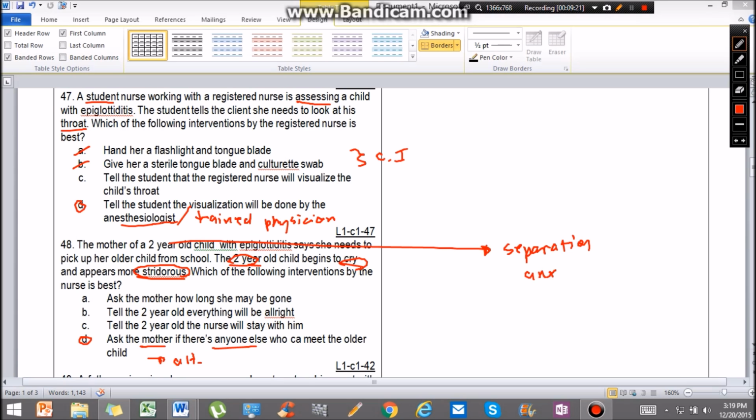But the most appropriate way here is to try to find first someone else that can fetch this older child, because the mother cannot leave the child. Based on the situation and on the developmental milestones in pediatric nursing, a 2-year-old child has separation anxiety, and if there's anxiety, the client may cry, and it may increase stridor. The answer there is D. Next,